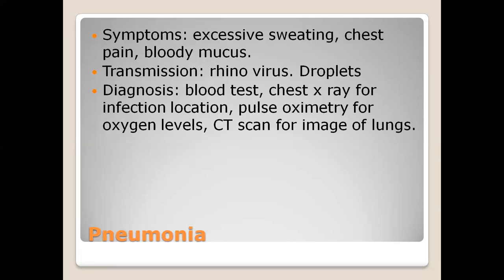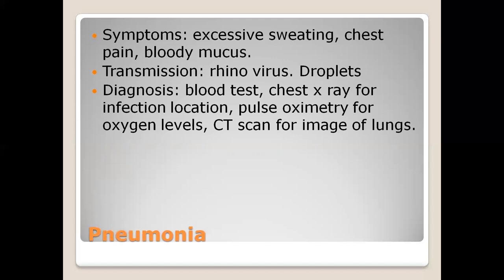The symptoms of pneumonia, you know very well, are excessive sweating, chest pain, and bloody mucus. Bloody mucus is one of the main symptoms of pneumonia. Transmission is mainly by a virus named rhinovirus. The transmission is through droplets of an infected person. Diagnosis of pneumonia mainly includes blood test, chest x-ray, and pulse oximetry. Pulse oximetry is mainly done for knowing the oxygen levels of the person, and a CT scan is done for